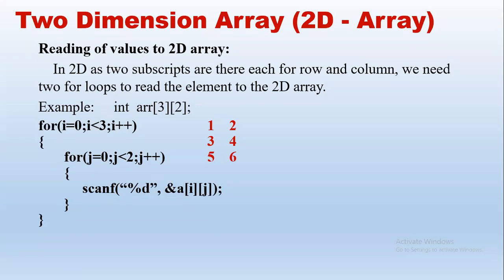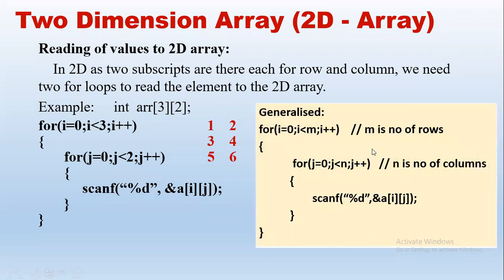Good. So here this is for the example of 3 rows and 2 columns. If we have to generalize based on the number of rows and columns, m and n can be taken as input. Say m is the number of rows, n is the number of columns. We can change this code like this, right? We can take input for m and n, and we can generalize by giving i less than m. So this can be anything, 3 or 4 or whatever we want to give, and even n is the number of columns. Based on the input, this will work for a generalized example, right?